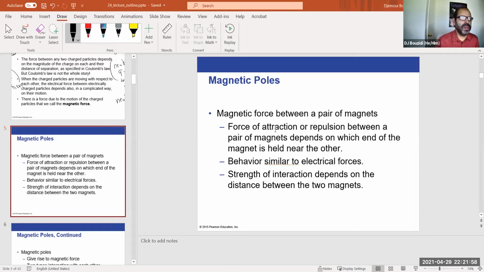So magnetic force between a pair of magnets, the force of attraction or repulsion between a pair of magnets, depends on which one of the magnets is held near the other. Behavior is similar to electrical force; the strength of interaction depends on the distance between the magnets. Obviously, if I take two magnets,